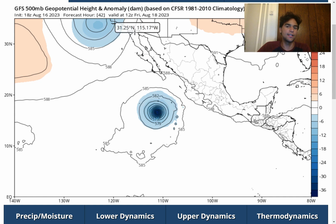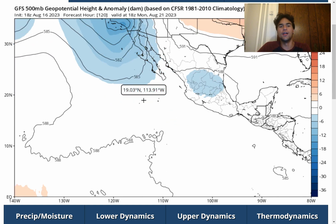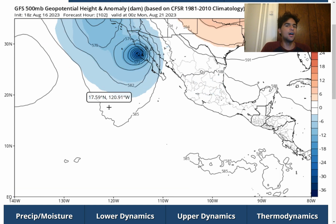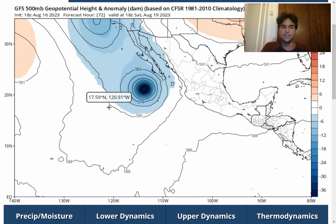We should expect a landfall, or at least a center circulation, moving over California. The computer models really have certainty, at least with that idea. Of course, there could be at least some variation with the trajectory. If this cutoff low ends up being a little bit further westward, I expect the track to be a little bit further westward, more like the European model's track, where a landfall would be closer to Santa Barbara rather than San Diego